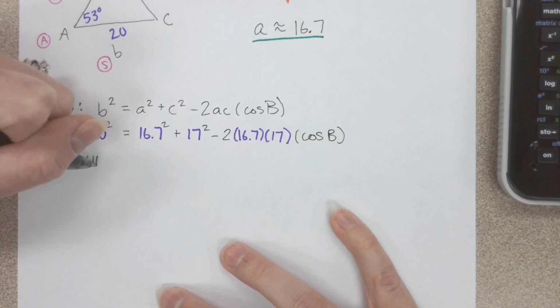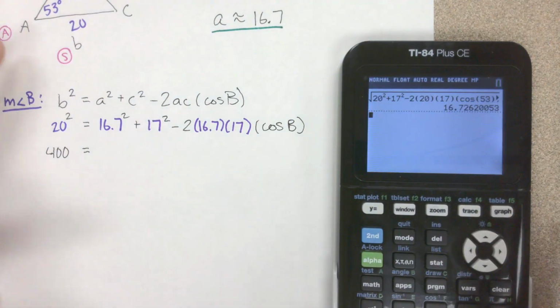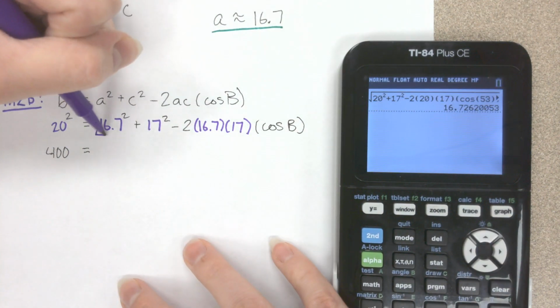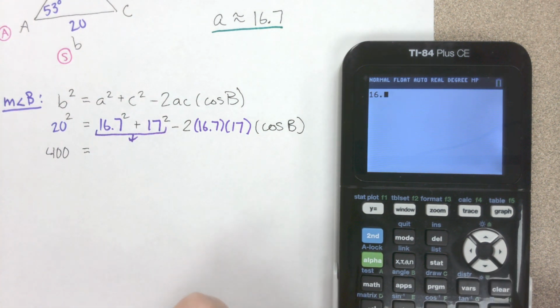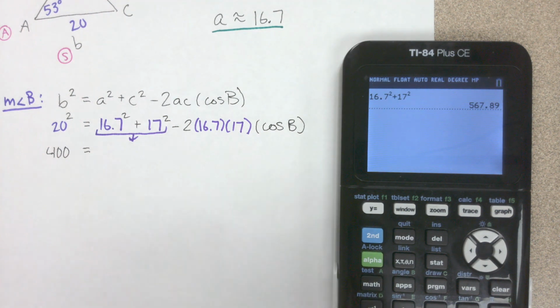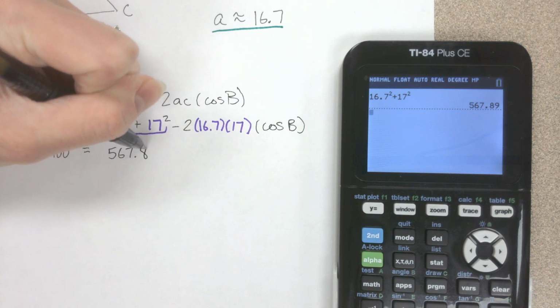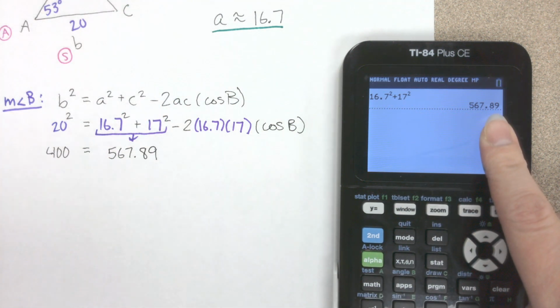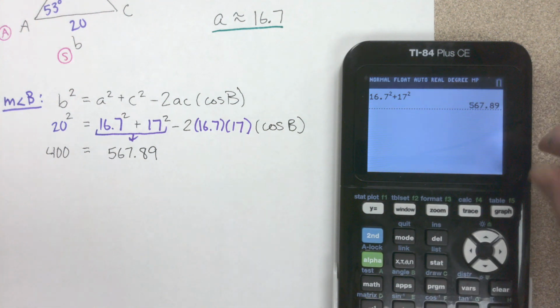20 squared is 400 equals, I will use my calculator and I'll go ahead and do this part. I'll get that whole number. 16.7 squared plus 17 squared. And that's not a bad decimal at all, so do not round it. And just a note on that, that's kind of a hard call to make mid-problem if you end up with a really long decimal. If you end up with something short, and for me short is like 4 places or less,